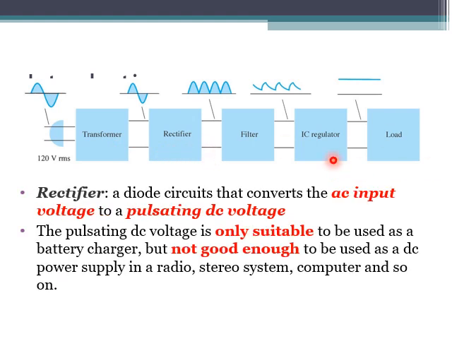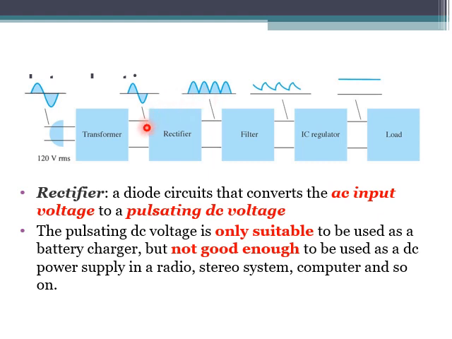You might have seen the videos and lectures from your staff on what a rectifier is. The rectifier will convert AC input voltage to pulsating DC voltage. So the input of the rectifier is what? It is a sinusoidal signal, which is an AC signal, right? The output is pulsating DC voltage. What do you mean by pulsating DC voltage? In this pulsating DC voltage, there are two components present, one is AC as well as DC.